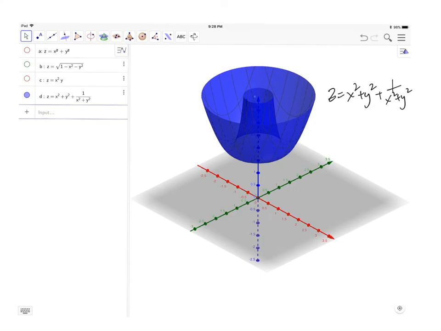There's another one, x squared plus y squared plus 1 over x squared plus y squared. Those of you who bake or have helped someone bake a bundt cake, this kind of looks like a bundt pan. Now remember, this is cut off, right? This would continue going on here, and you're seeing this surface goes up and up and up and narrows and narrows and narrows, whereas on the outside it's continuing to go out and out and out. So it's kind of a bundt pan where the sides keep growing out and the inside gets narrower and narrower. Well, that inside is getting narrower and narrower because of that denominator there, x squared plus y squared. And we'll talk about that in just a second.